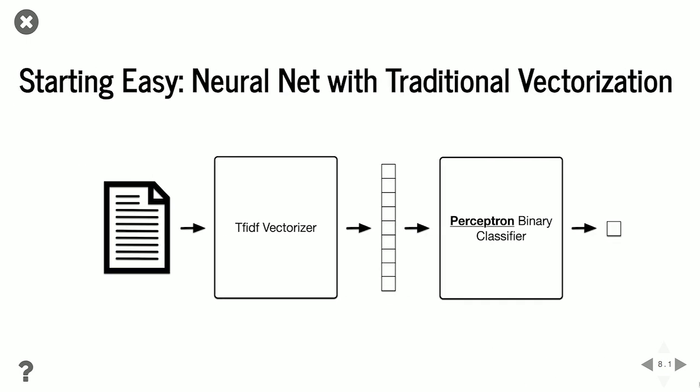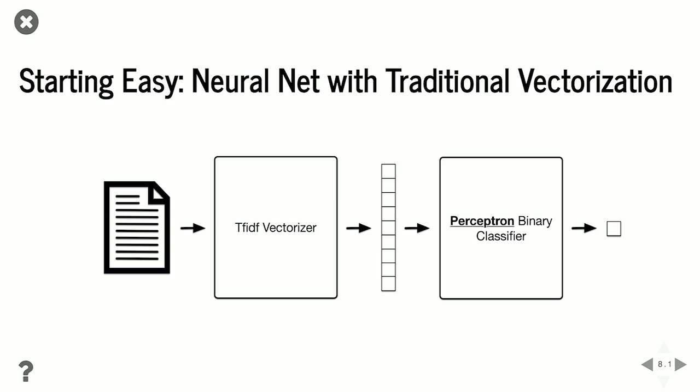So we're going to start out easy here. We're just going to talk about a neural net, and we're going to use traditional vectorization for our neural net. So we're going to use something called a TF-IDF vectorizer. This is just a count-based vectorization approach where, in essence, we take a whole document and count up how many times a word occurs in that document, and then we call that the number for that particular word in the document. So with that type of vectorization, you probably have really long vectors because you have to have a different element in your vector for every single word,